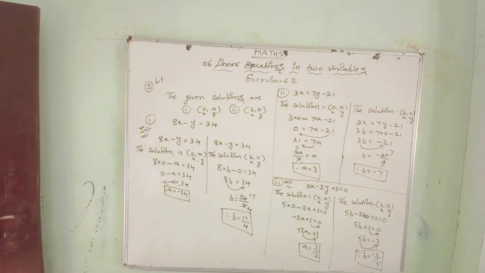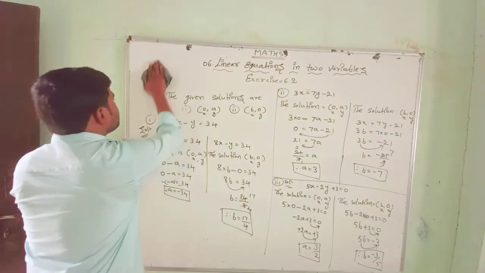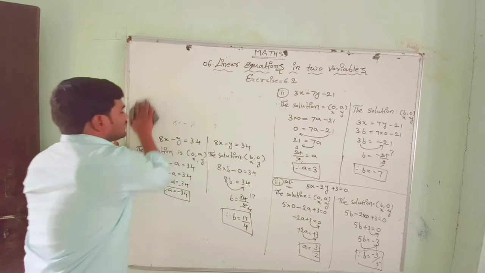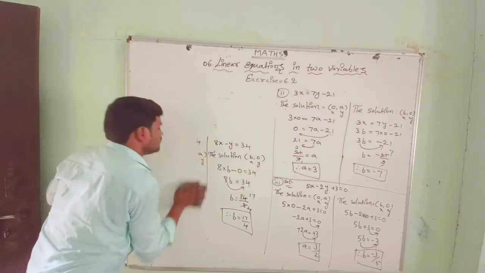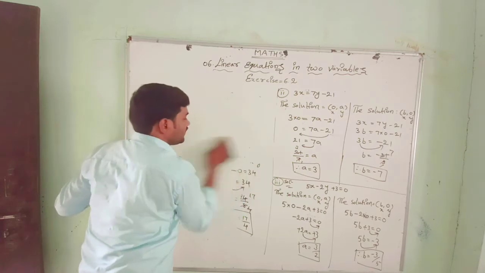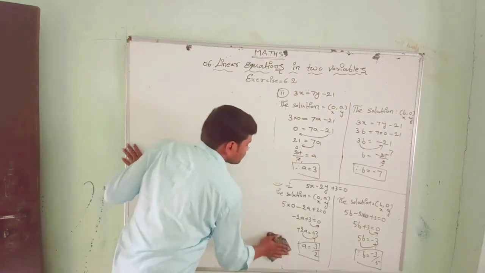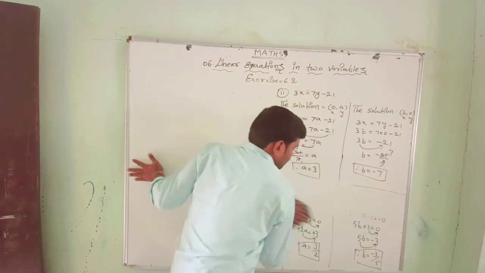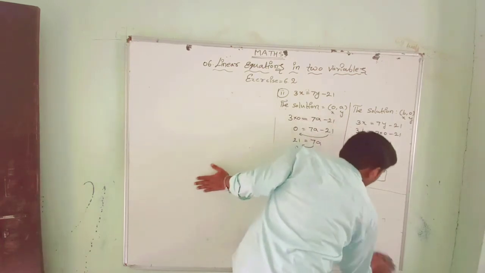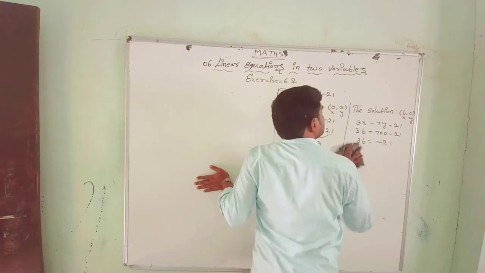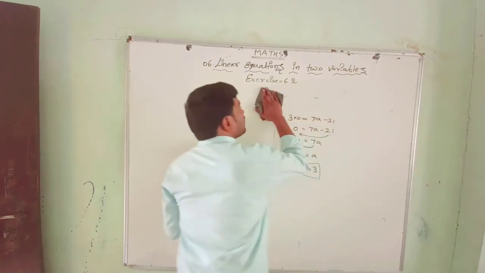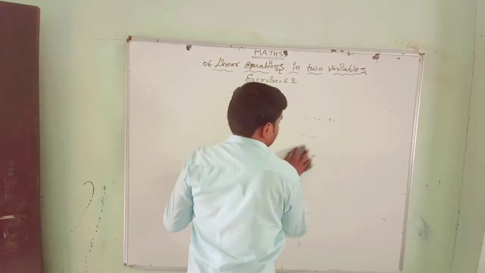So look at this, to find the given values, the x comma y values we have to substitute in the given equation. Then we get a value and b value clearly. This complete exercise will be like this only, very easy actually. If you do it step by step, we can easily find the answers. I hope you are understanding. You have to complete your notes very cleanly like this.